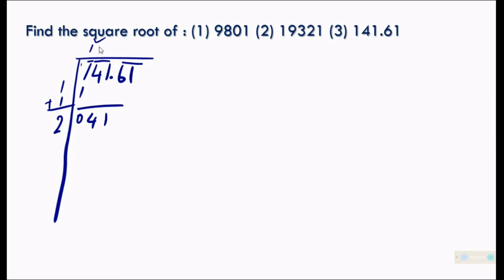Now I have to put a number here. मैं ये नंबर को थोड़ा दूर कर देता हूँ so that it will be easy for me to put the number. Okay, now I have to put a number here, the same over here, whether you will get the product 41. Difficult. If I put 2 it will become 44, more than that. I can put only 1 here and it is 21 here, balance is 20 here,